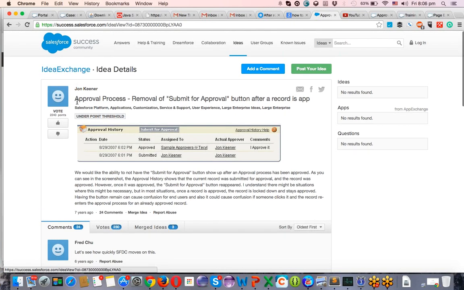So this is still in ideas. If you got some more points, they might convert this idea into the feature of Salesforce. Okay, and they might release in the coming spring or anything. It depends on the votes. If the other ideas are getting more votes, this cannot be released at this point of time. Okay, got it? So you can also post some ideas if you have any. This is an open community where you can post ideas by logging in with your Salesforce credentials. It can be your developer login or customer login or anything.